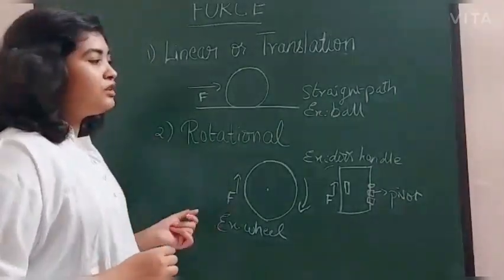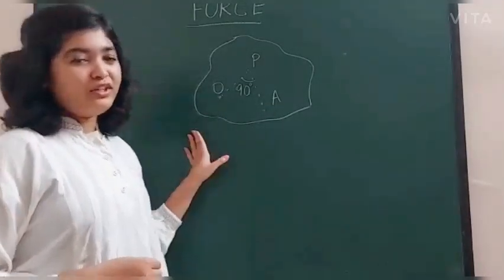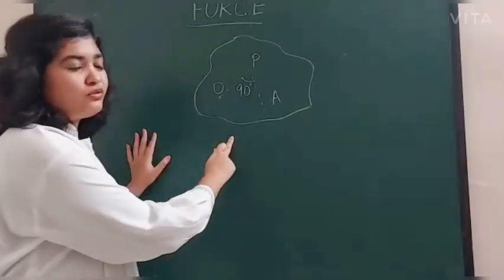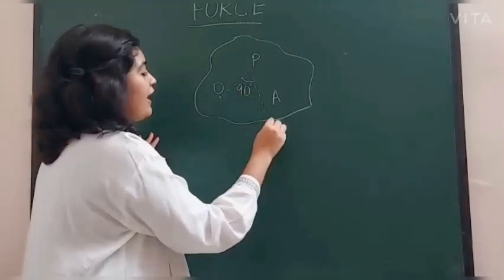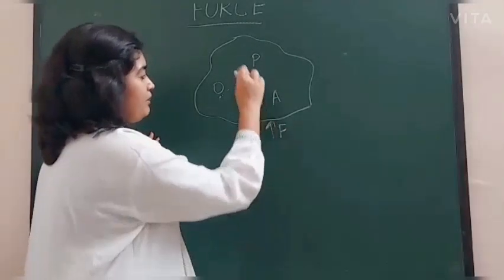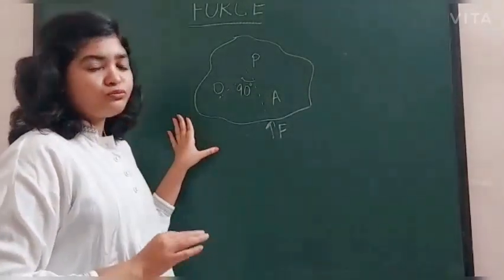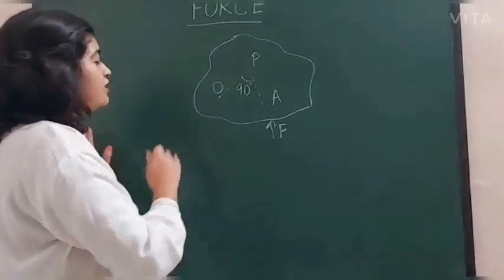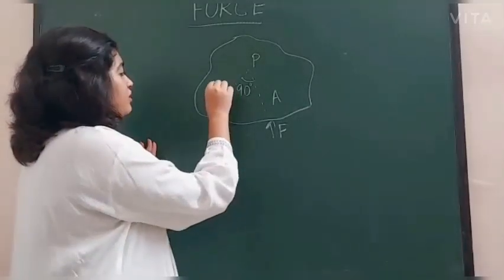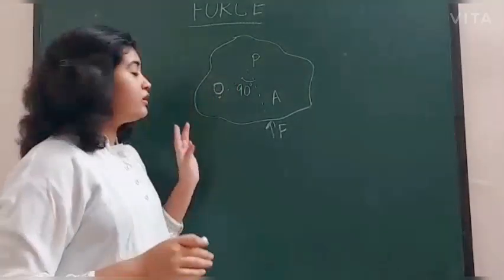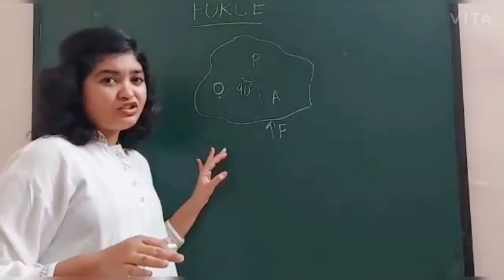So now let us see the factors affecting the moment of force, and understand the moment of force or torque through this example over here. If we take a rigid body, let us take the pivot as O, and the line of action of force F through AP. If we apply force over here, it does not show any linear or translational motion because it is pivoted at a point, which is mentioned as O.